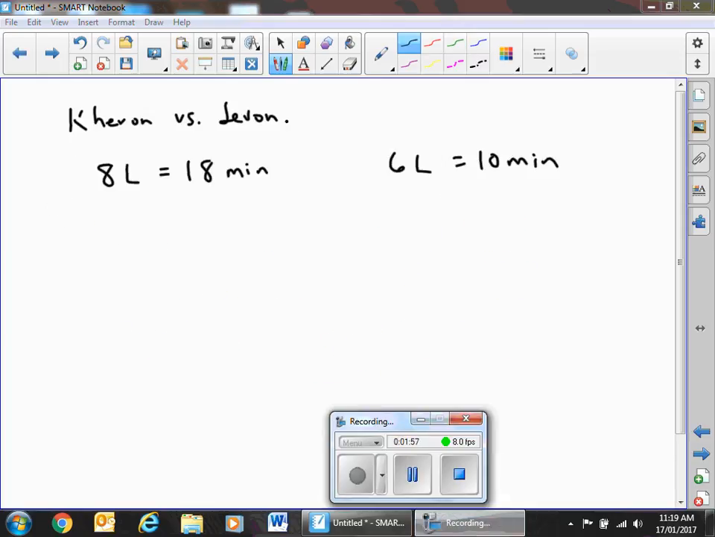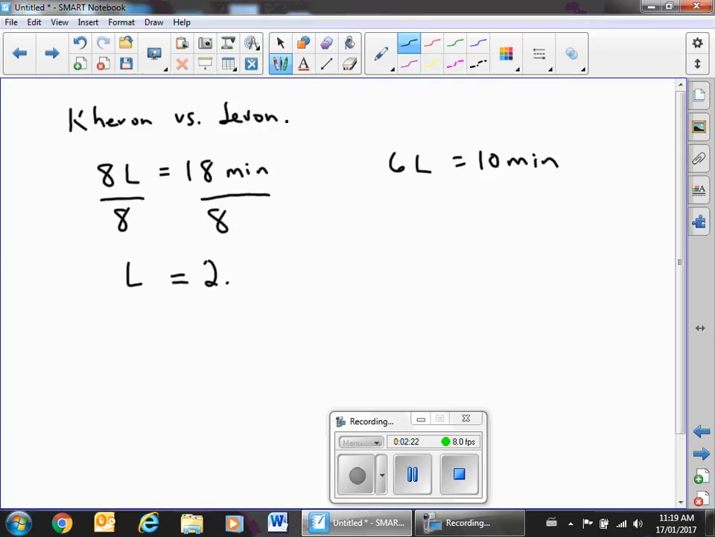Okay, so we got Karen versus Javon here, trying to figure out who's running the faster pace. Karen does 8 laps in 18 minutes, and Javon does 6 laps in 10 minutes. So what we need to find out is how long it takes them to run 1 lap. So we got 8 laps here. We're just going to divide both sides by 8, and we get a lap total of 2.25. So it takes them 2.25 minutes